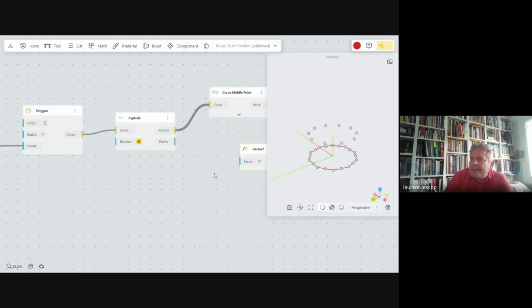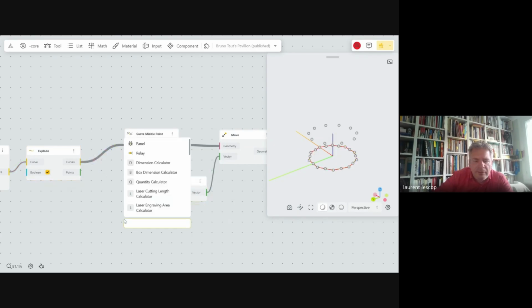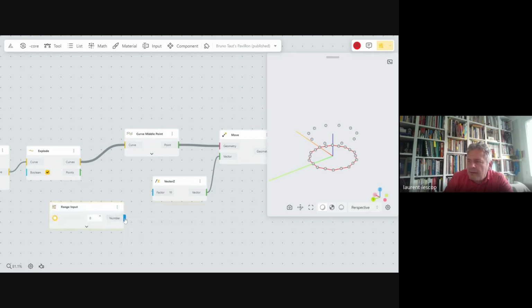And as I can have the length of my curves, I can use the length, or I can just put a number. So I will go to range input here, number.